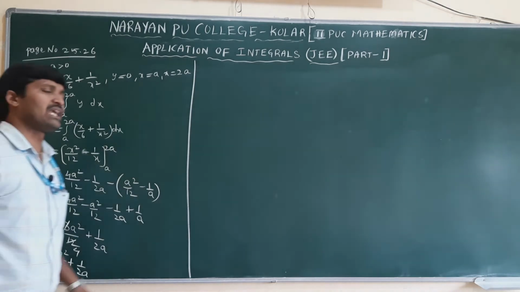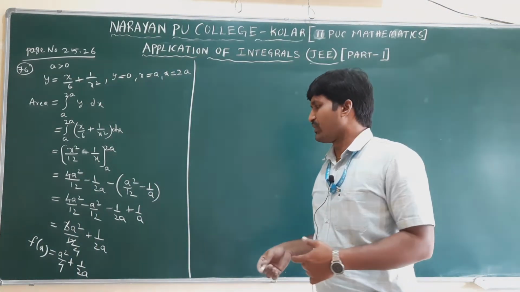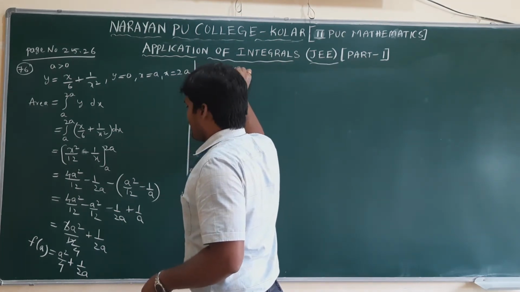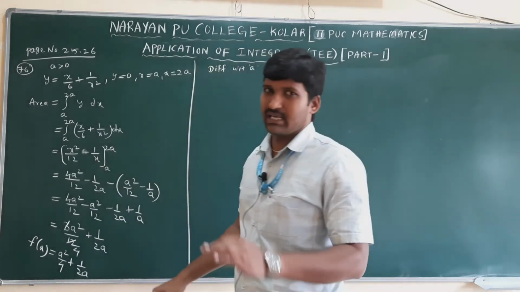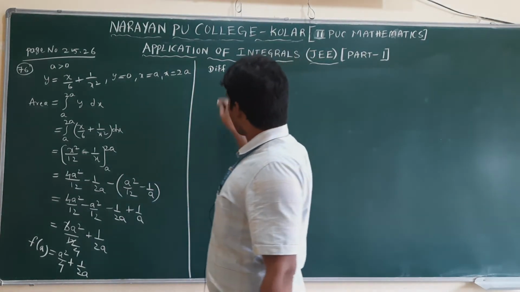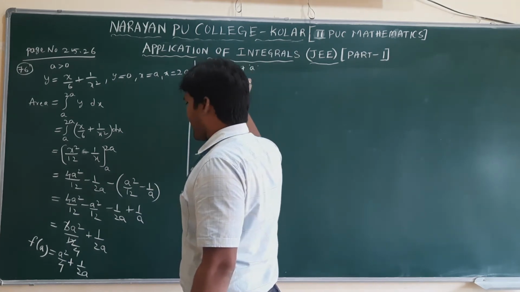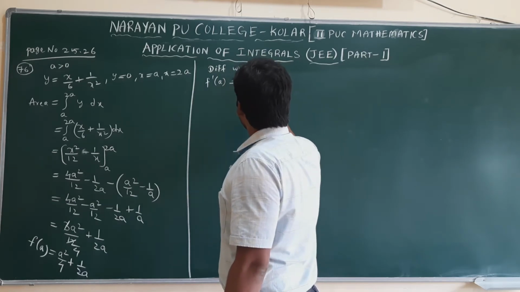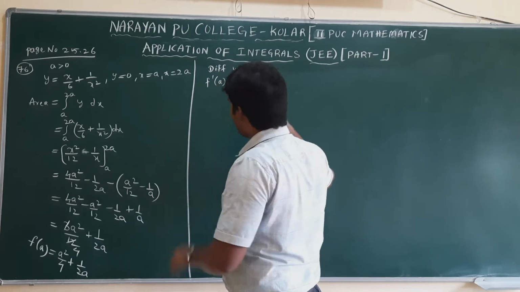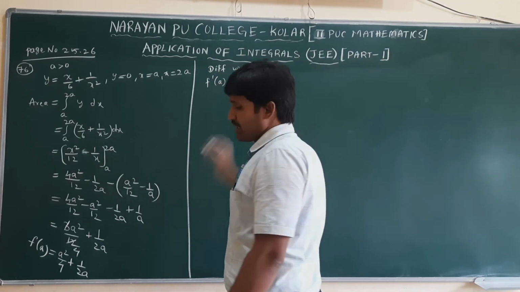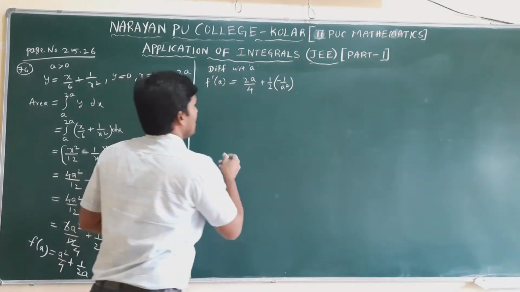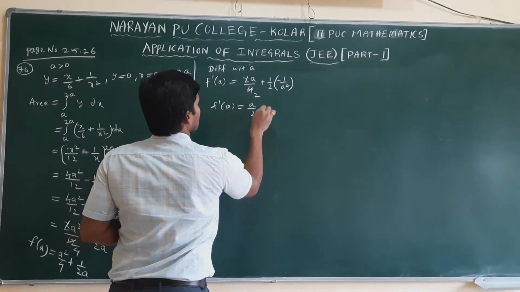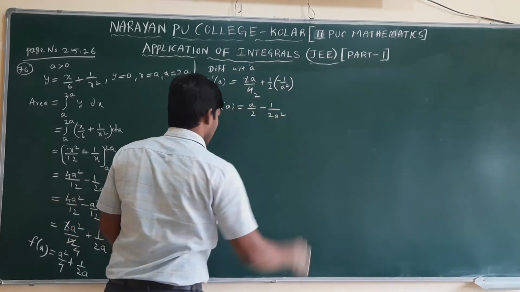Now, taking the function of a, from this we can find the least value of a. For that I will differentiate with respect to a. A is not a constant, it is a variable we are taking. So f dash of a: derivative of 1, a square derivative is 2a by 4. Now 1 by 2 into the remaining 1 by a. Derivative of 1 by x is minus 1 by x square, the general condition. We have 2 ones, 2 2s. F dash of a equals a by 2 minus 1 by 2a square.